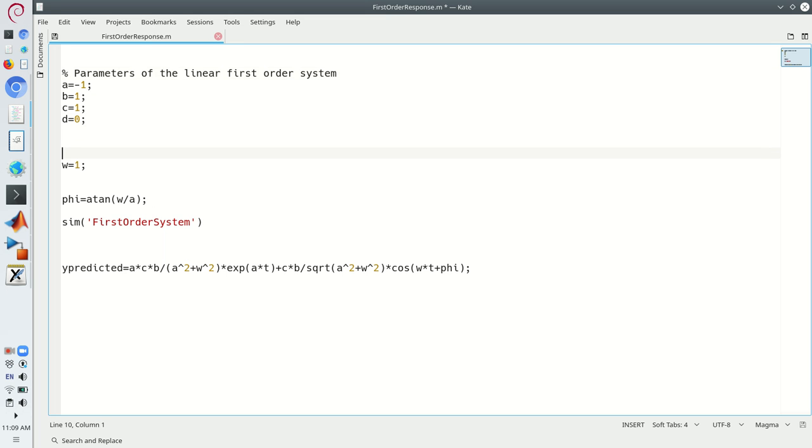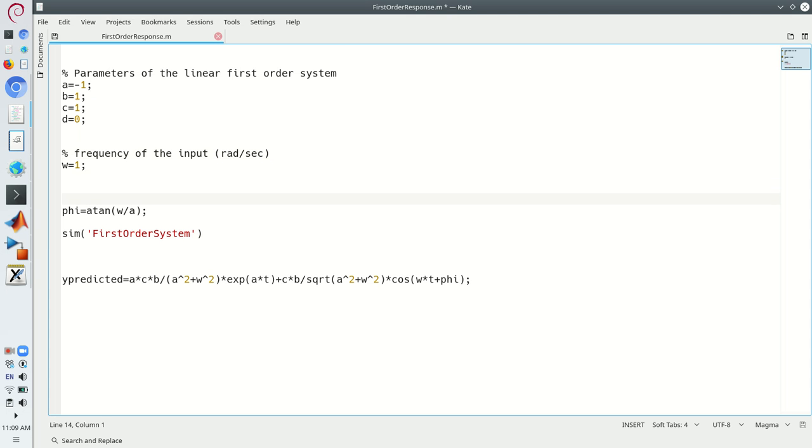One thing that I'm going to change often is the frequency of the input, and this has to be in radians per second, so I'll add rad per second. Then here I'm computing the phase shift of the output,